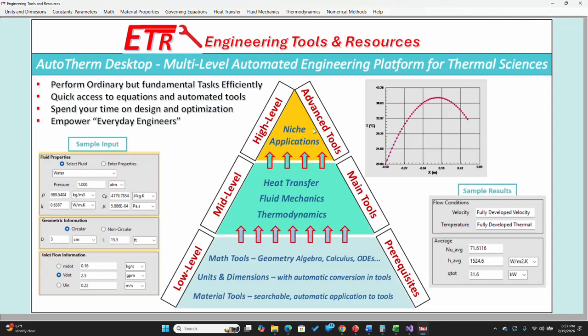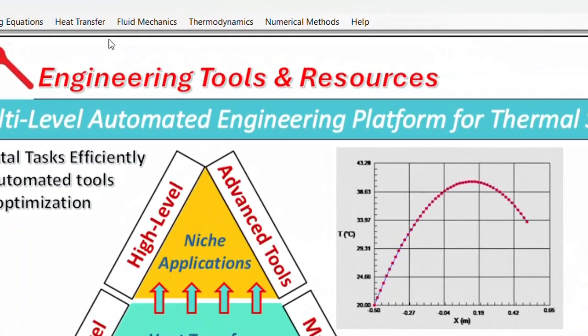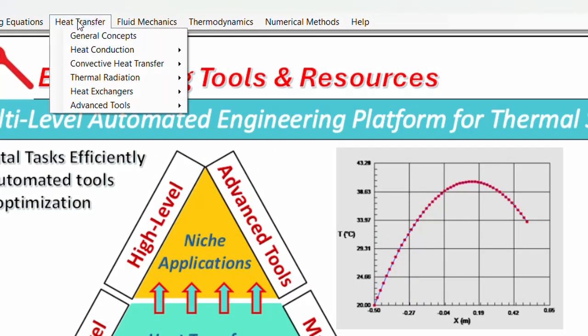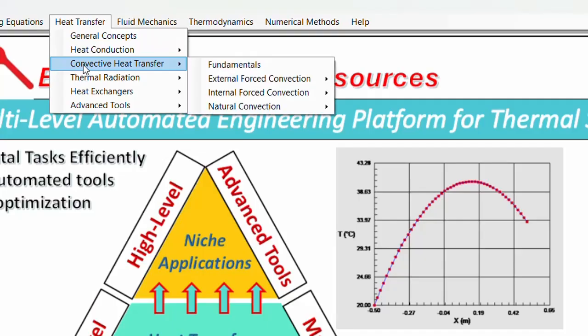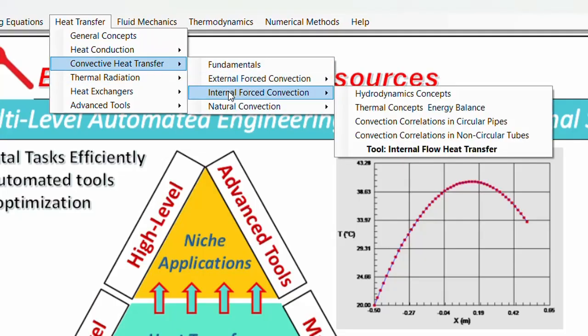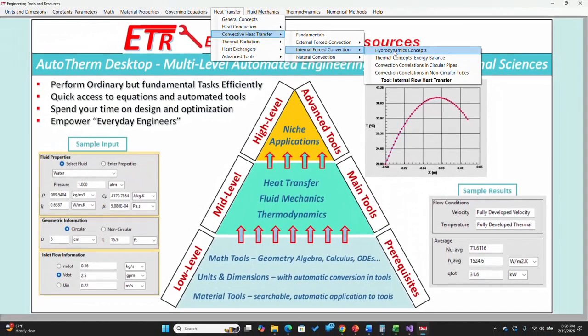As an example, let's look at convective heat transfer in channels or internal flows. So we go to the top menu, heat transfer, convective heat transfer, and we find internal forced convection. Now, as I mentioned before, these look like chapters in a heat transfer book. If you go to the end, you can see sections and you can jump to any section you want. We're going to start at the top. Once you click on the first item,